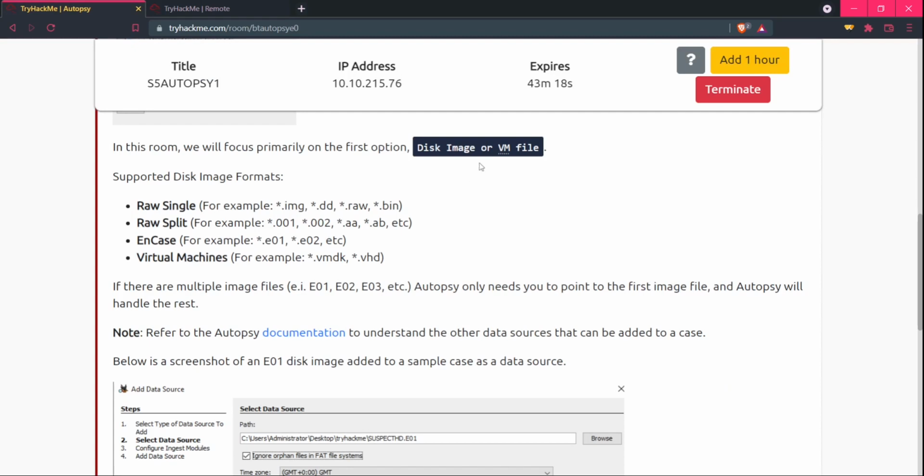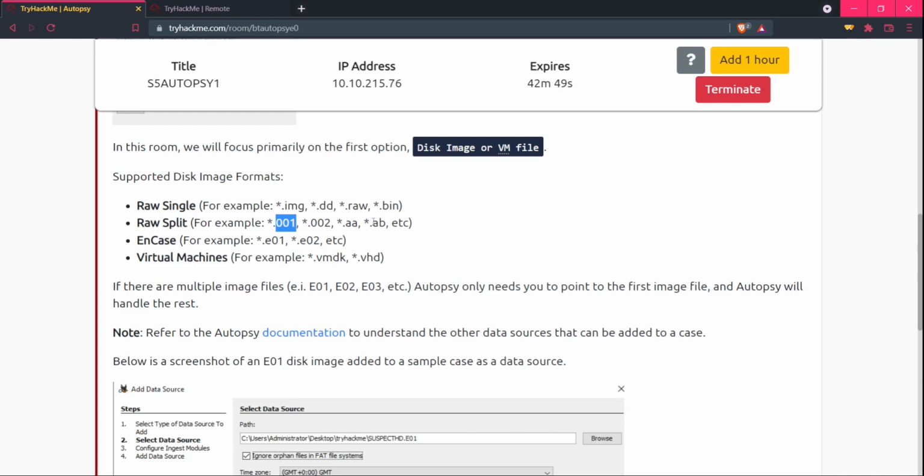The disk image or VM file formats supported by Autopsy are, first, raw single, with the extensions img, dd, raw, bin, and many more. The second one is raw split, which is split into some parts, like 001, 002, AA, AB, and there is some pattern to them.